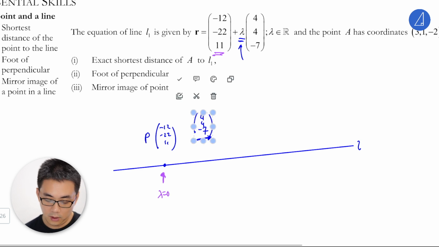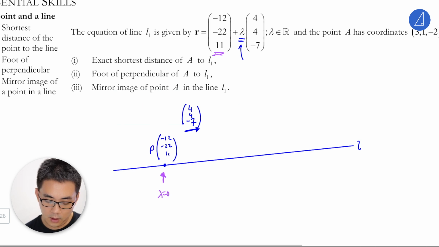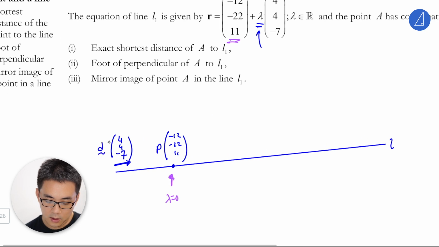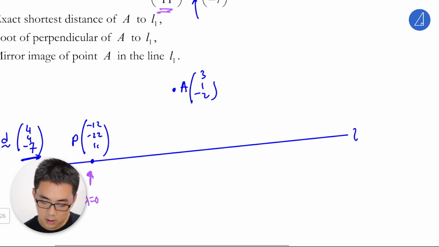It's not an issue. Then what we need now is the direction. I just put this as the D direction here. We want A. A is above, I'm not sure where it is. So it's (3, 1, -2). If you want to find the shortest distance here,